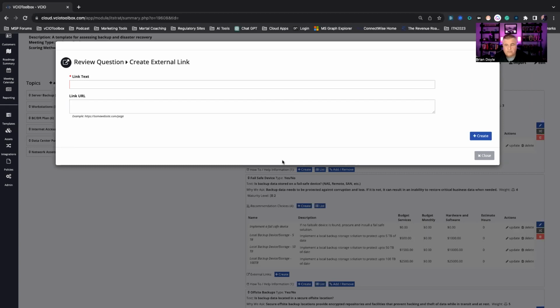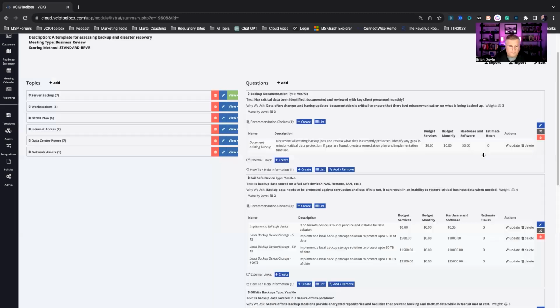Its capability exists for you. Most links are tied at the individual controls inside the IT review for a customer. But if you did have something like why backup's important and you want to include that as part of your reporting, this is absolutely where you can add that link as well. One that I think most customers have not yet leveraged to its fullest is our new how-to and help information